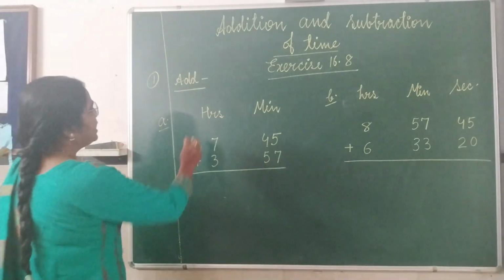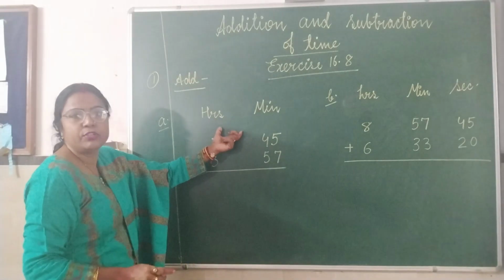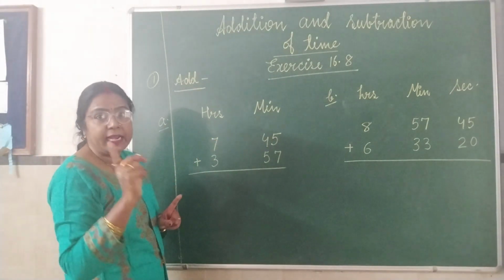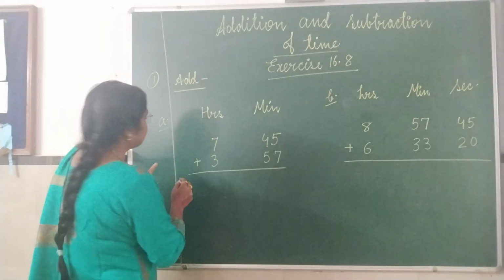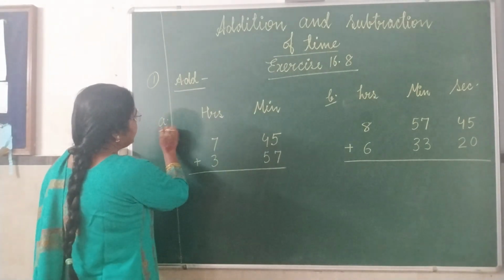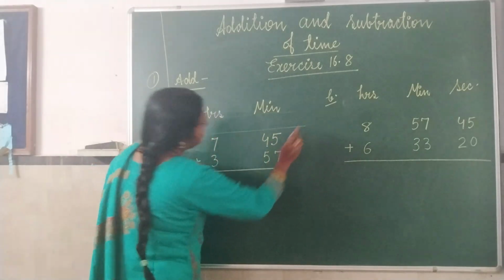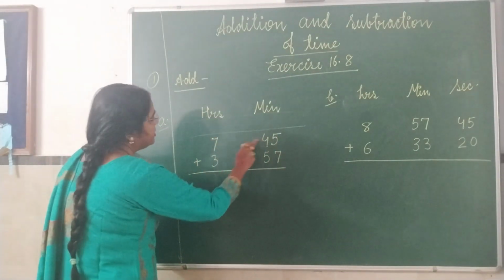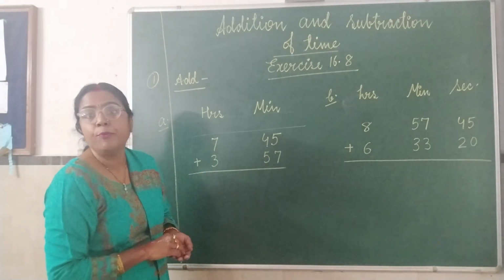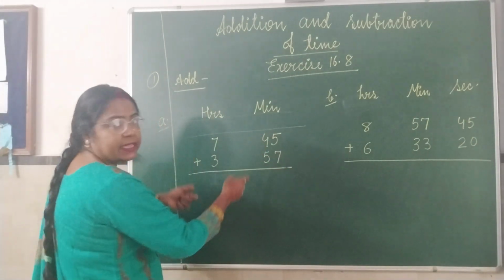So here is the question, hours, minute, and this is hours, minute and second. So first I am going to start with the hours and minute. How to write the question is very important in doing the exercises of time. So first we will write down hours and minute, where it is written A. After that we will leave one line, and then we will write the numbers. And see, while writing the numbers, I have not left the space, which means we don't have to leave the line.